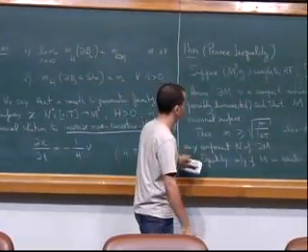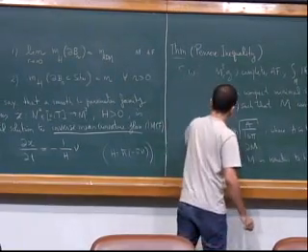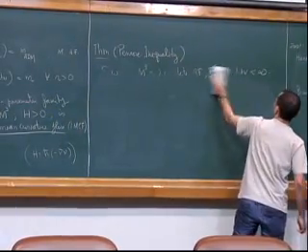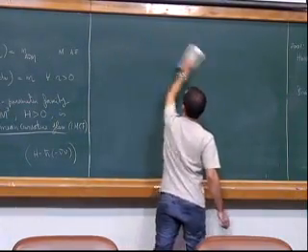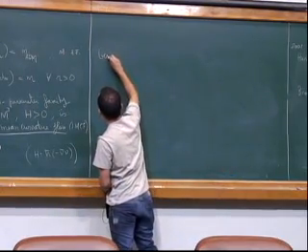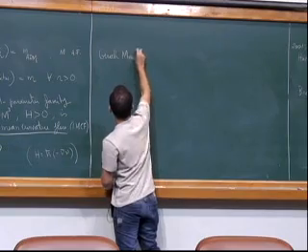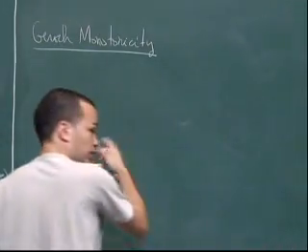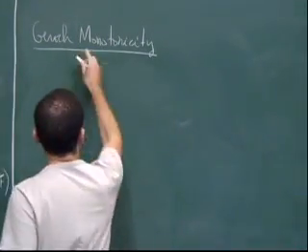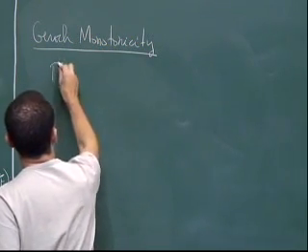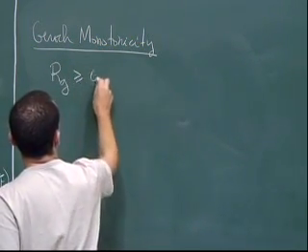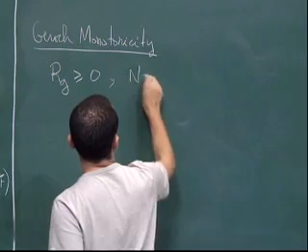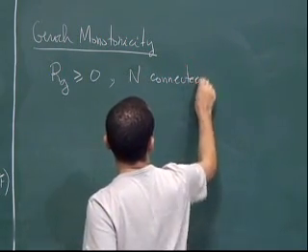I think I can erase this statement, right? And what's the relation between these two things, these two problems? Well, the relation was noticed by Geroch. This is called the Geroch monotonicity. He observed that, and we're going to do this calculation, if the scalar curvature is non-negative, and let's say N is connected, the surface is connected, then